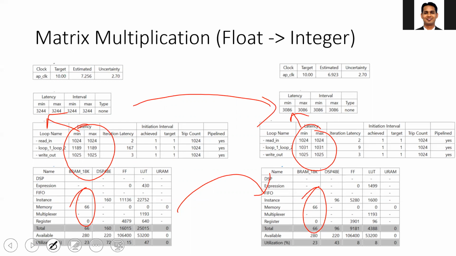Another question: in processors, your integer values are always multiples of 8. So you can have 8-bit, 16-bit, 32-bit integers, and so on, but you don't have a 12-bit or 15-bit integer. So even if your application needs only a 12-bit integer, you have to either compromise on accuracy and implement it as an 8-bit integer, or implement it as a 16-bit integer, leading to a larger execution time. On the other hand, in the FPGA, there is no such constraint. You can implement your arithmetic for any integer variable.